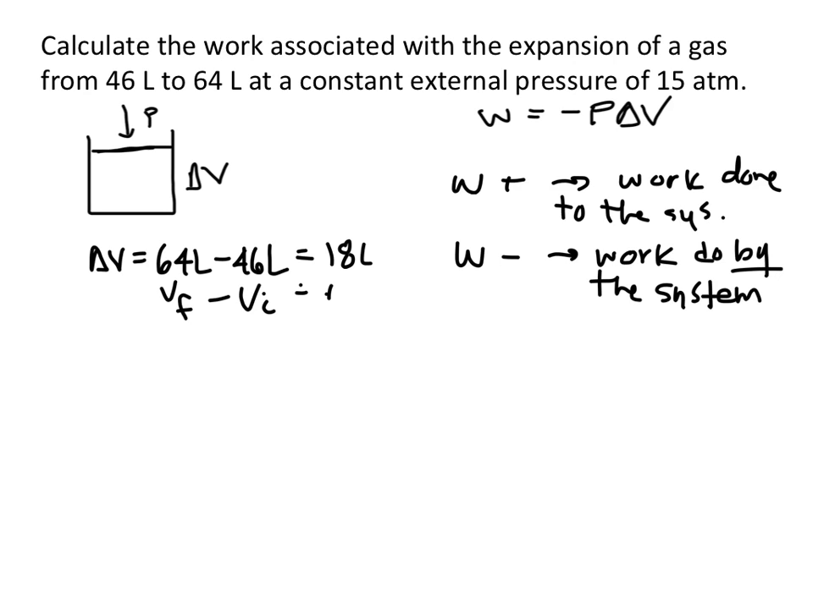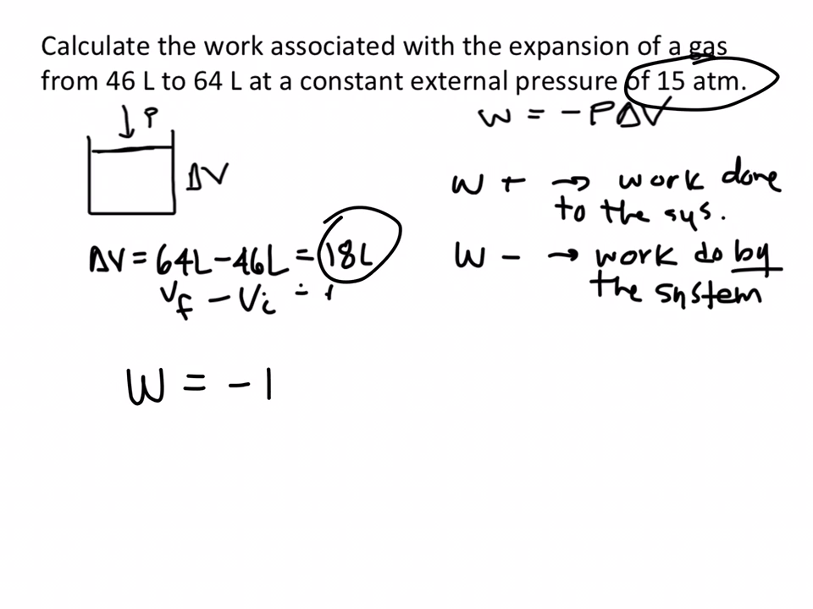Notice the sign is positive. We are then going to plug this 18 liters into our work equation. So W equals negative P, in this case P is 15 ATM, times our delta V, which is 18 liters. So our work is going to be negative 270